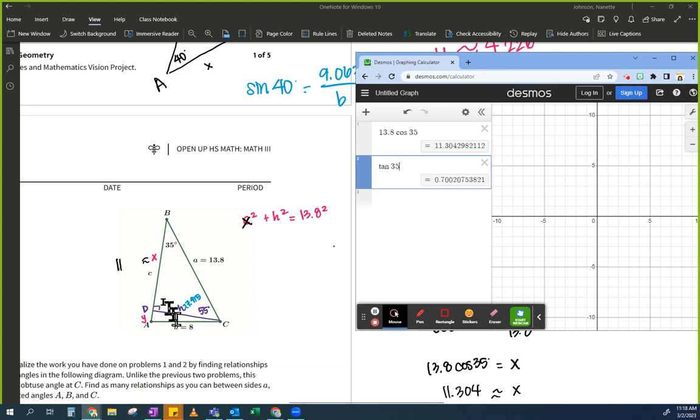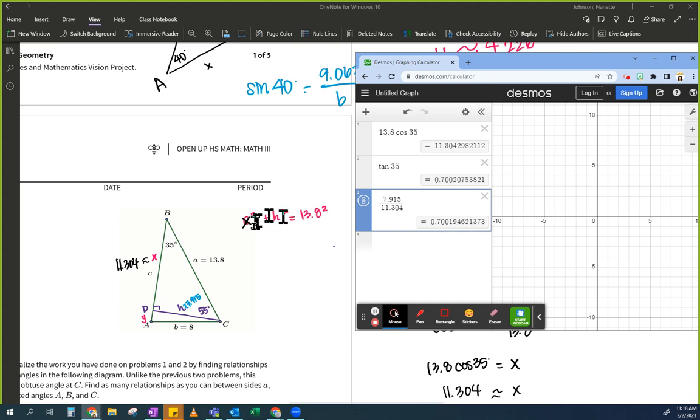So then I have opposite, which is 7.915. So 7.915 divided by 11.304, 4, not 5. And do you see how they're not exactly the same, but they're close enough to be like, yeah, that works,